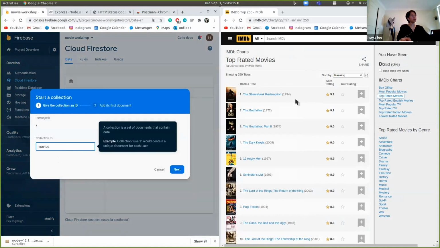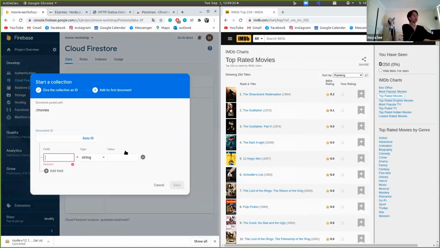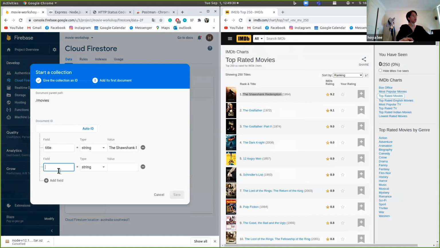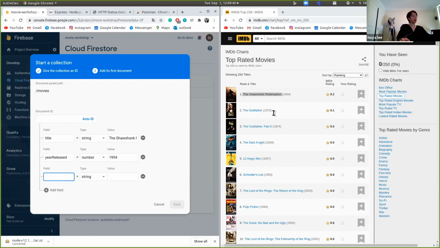Then add a field, title, which is The Shawshank Redemption. Then add another field, year released. It's a number, and 1994. And we're going to get the image as well, so image